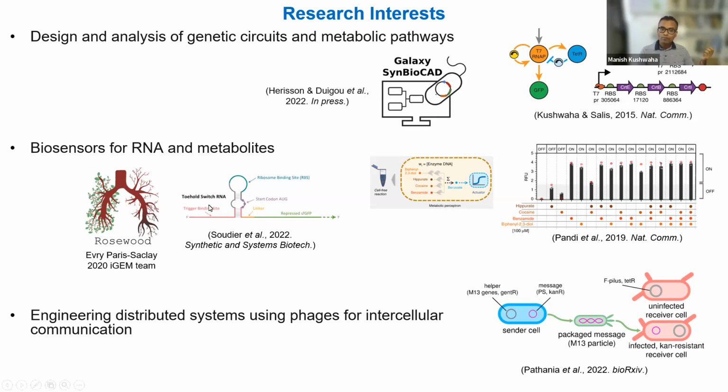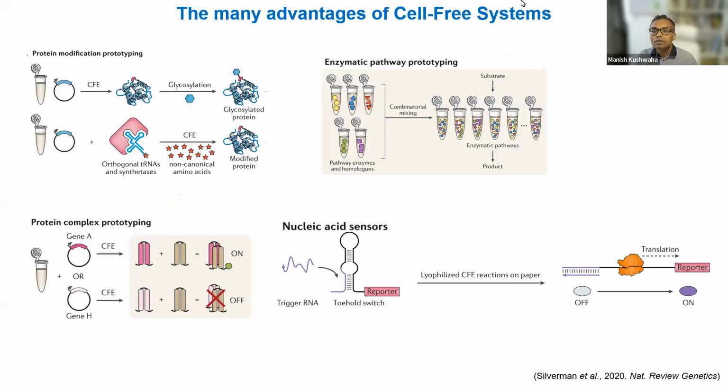More recently, we've published work, in fact a project that came out of our iGEM team, where we use RNA from rosewood to be able to sense rosewood signatures as a way of controlling its trafficking, because it's a very highly trafficked wood around the world. And the work that I'll talk about today is more on the lines of how to build systems in cell-free. And we all know that cell-free systems are, I'm trying to hide this. I'm not sure if you guys are able to see this, but,